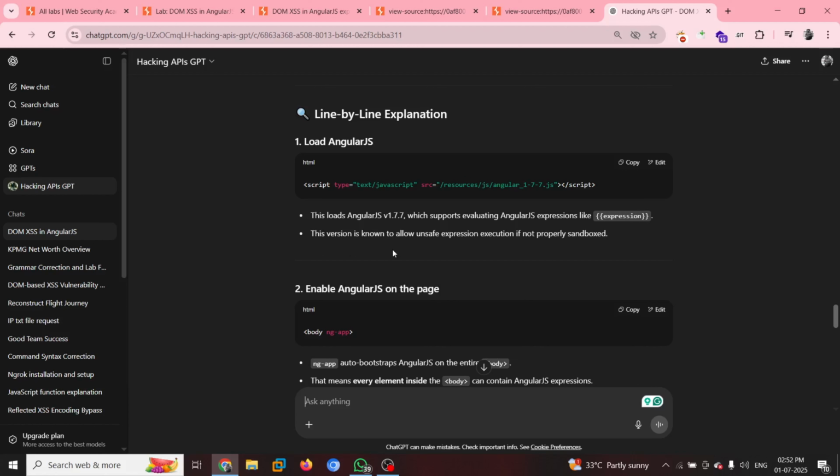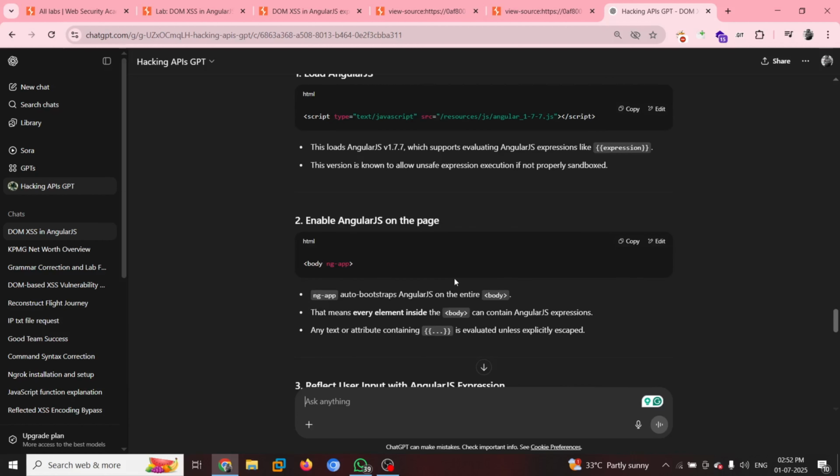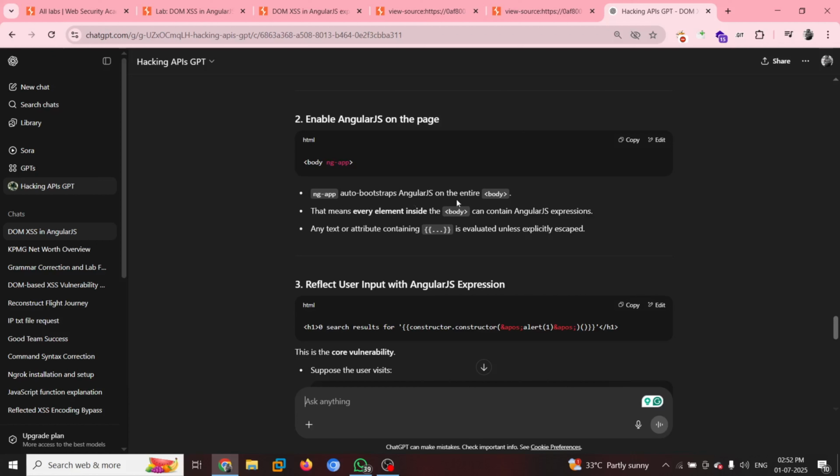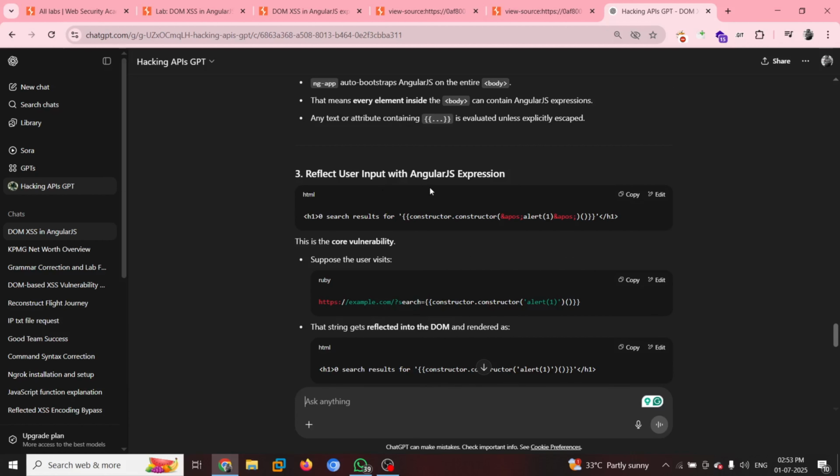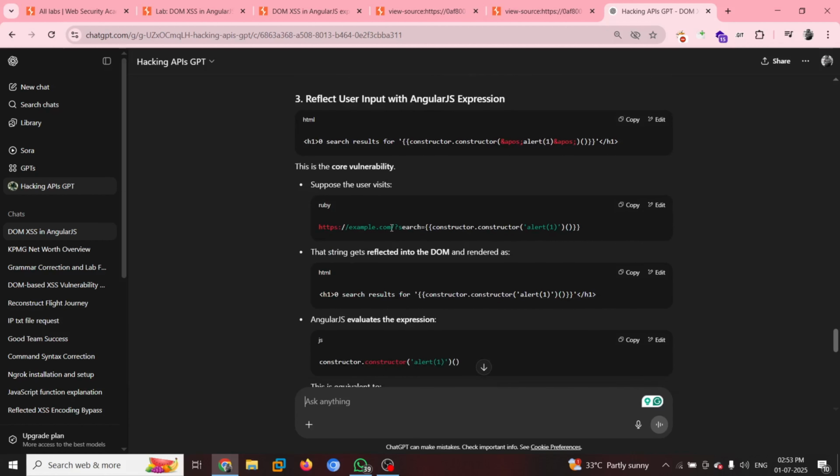This version is known for allowing unsafe expressions to execute, not properly sandboxed. It auto-bootstraps AngularJS on the entire body, which means every element inside the body can contain AngularJS. Any text or attribute containing AngularJS expressions is evaluated, so reflecting user input into an AngularJS expression is the core vulnerability.